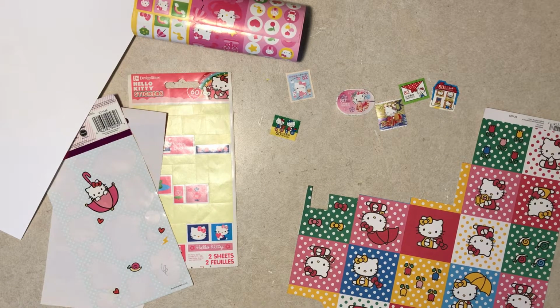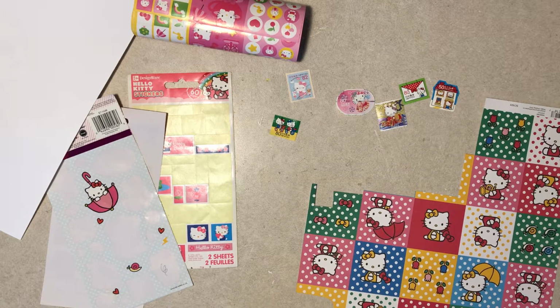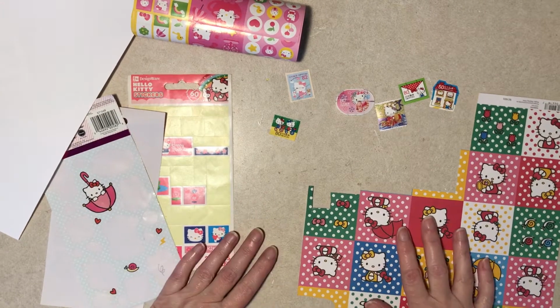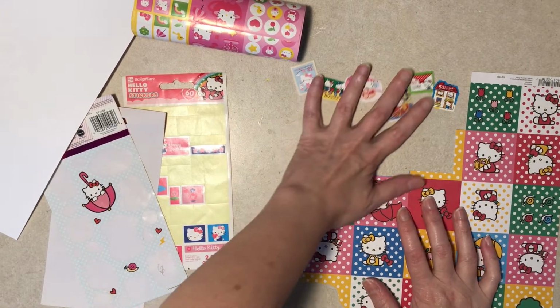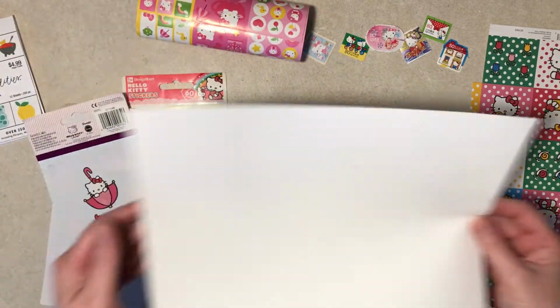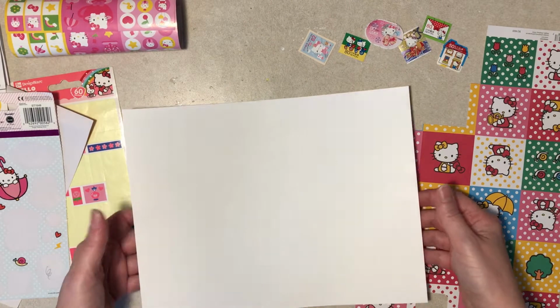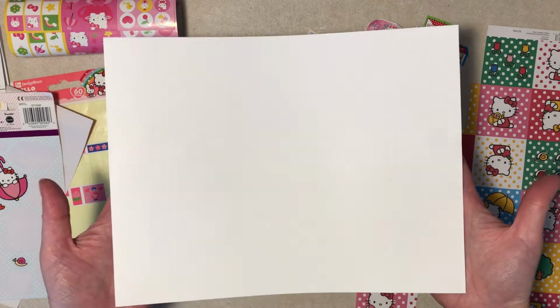It's still paper work and collage work, but I was going to make a zine. I imagine most of you know what that is. It's a tiny little handmade magazine, is what the definition is. It can be really any size, any page amount. But a very popular way to do it is take a sheet of 8.5 by 11 printer paper,